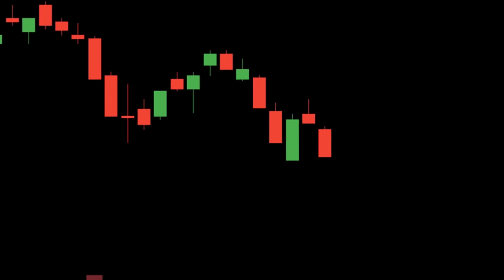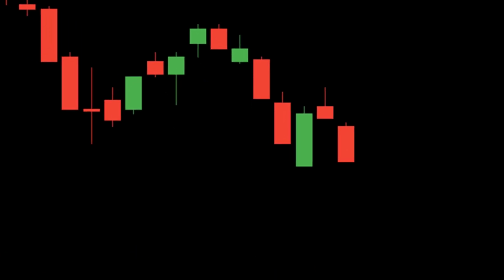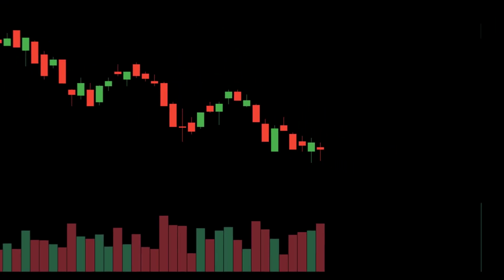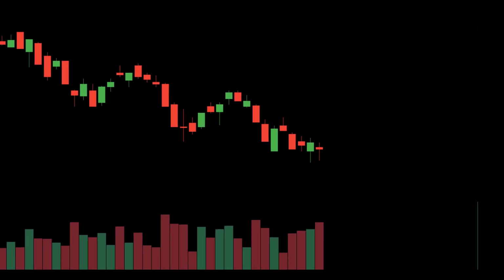Here's an example of candlestick and volume analysis. We can see that price was in a strong downtrend, confirmed by a series of large red candles with high volume bars, clear signs of strong selling pressure. Next, we start to see doji candles with small bodies, while volume begins to increase. This raises a key question. In a strong downtrend, where volume typically represents selling strength, why is the price range shrinking?